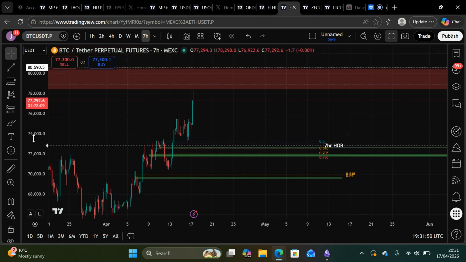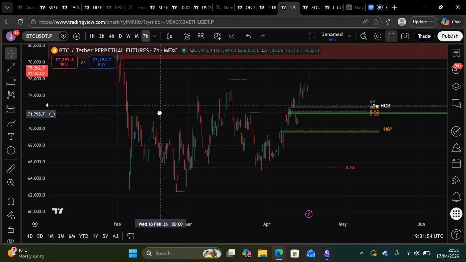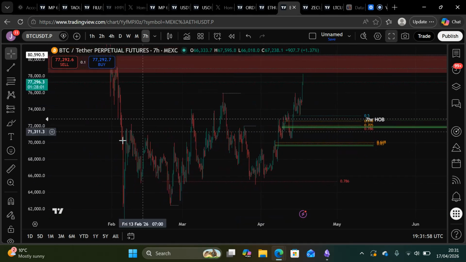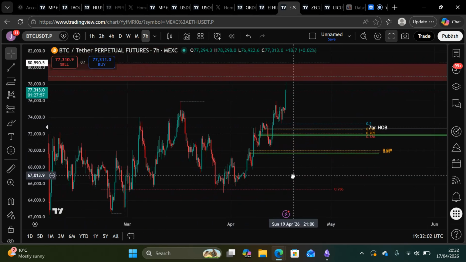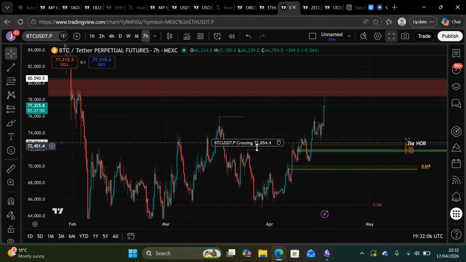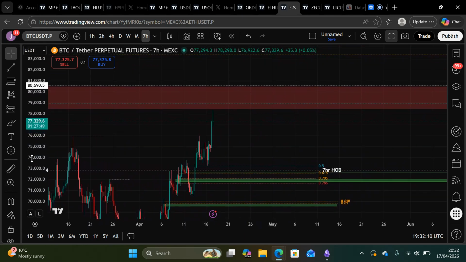Now, recently in the market, we've had a lot of consolidation, not much of a straight trend in one direction. It's very much consolidation. So a lot of the trades I would have taken throughout this price action would be more so medium time frame. It's only now that we're seeing more high time frame opportunities with trading.